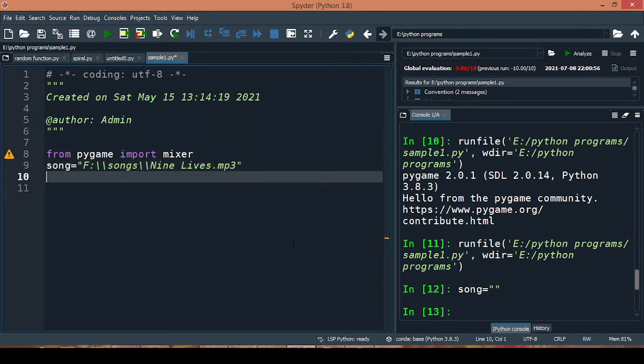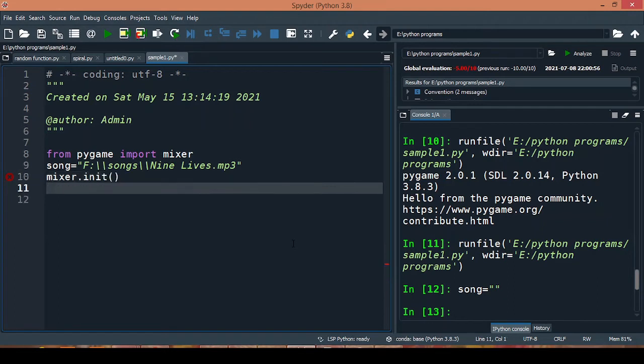And now I'll use the mixer module, the .init method of the mixer module. After this I'll use mixer.music.